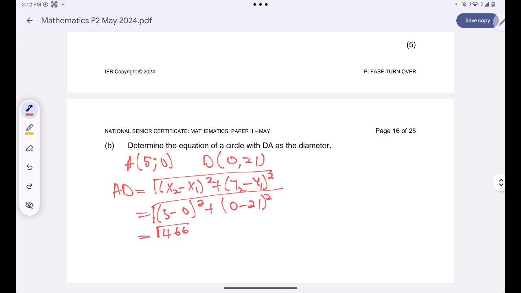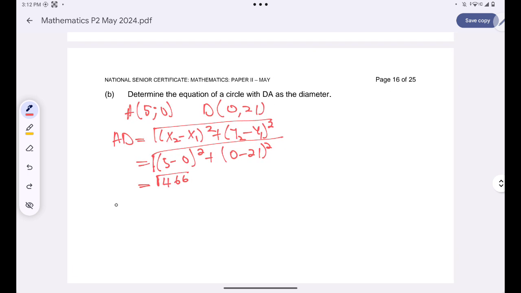Okay. So therefore my radius will be just the square root of 466 all over 2. Are you together? So this is the length of my radius,